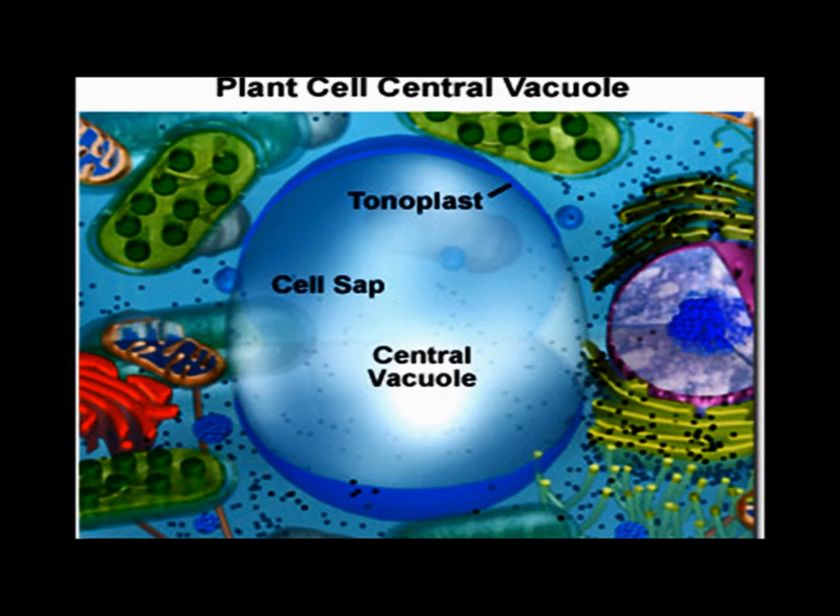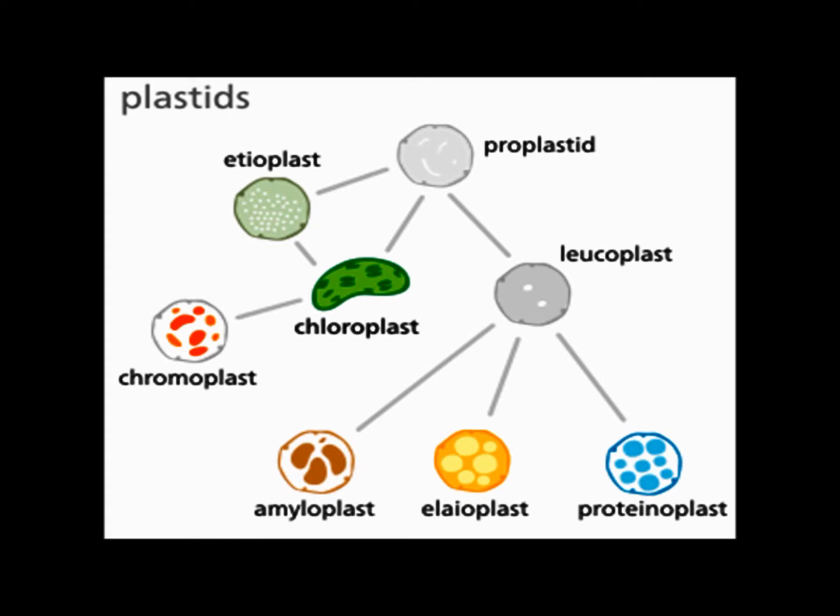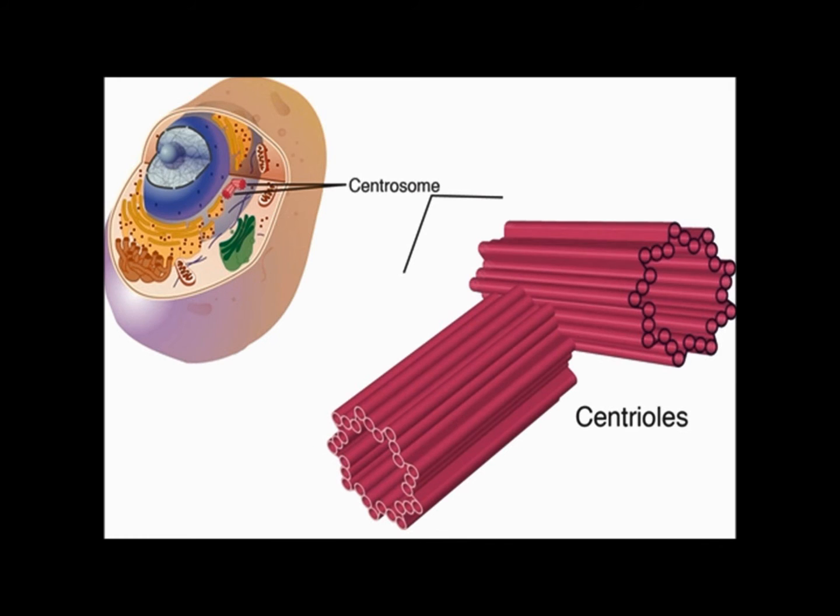The membrane surrounding the vacuole is called tonoplast. Leucoplasts store food material while chloroplasts help in preparation of food material by participating in photosynthesis. Chromoplasts give colors to flowers and fruits. Chloroplasts have chlorophylls which are required for photosynthesis. They also have DNA and ribosomes inside them. Centrioles participate in cell